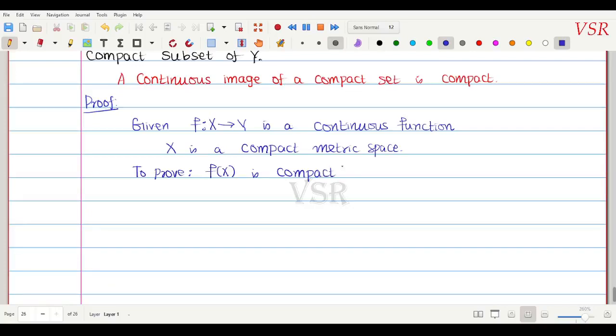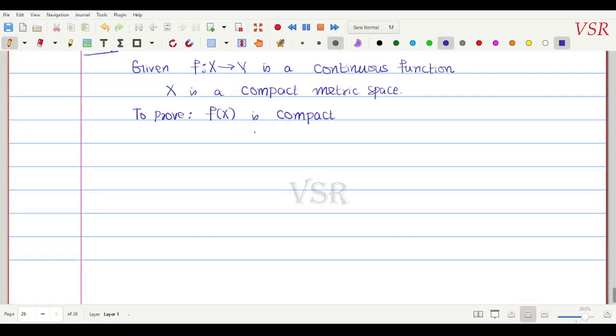இது நான் சொல்ல போறேன். f of capital X is compact சொல்றதுக்கு நான் இதுக்கு ஒரு ஓபன் கவர் எடுத்துக்க போறேன். Then we will show that it has a finite subcover. So let V alpha, where alpha belongs to capital I, be an open cover for f of capital X. That is, V alphas are all open,